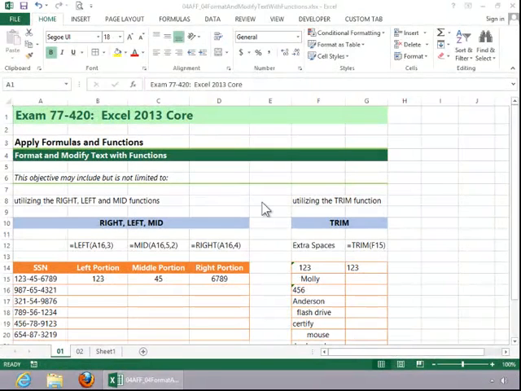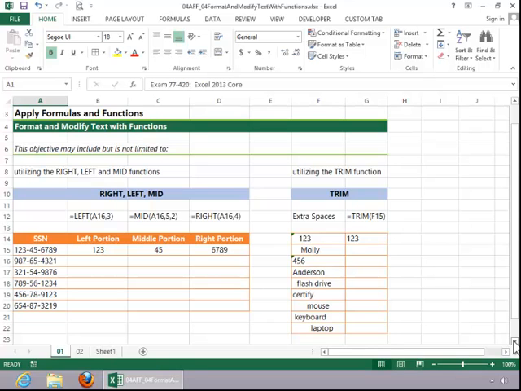In this video, we will review how to format and modify text with functions. First of all, we're going to take a look at right, left, and mid, and then we will utilize the trim function. Here we have a fake list of Social Security numbers, and we want to separate those into left,